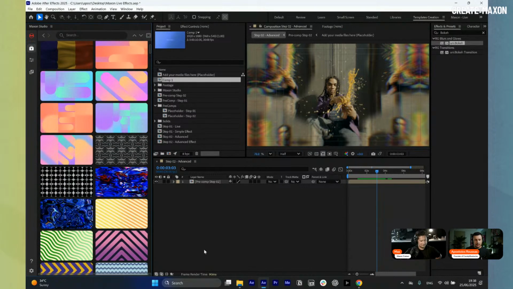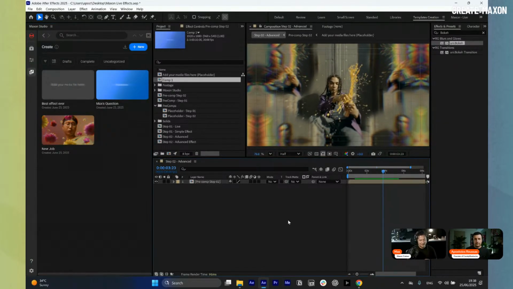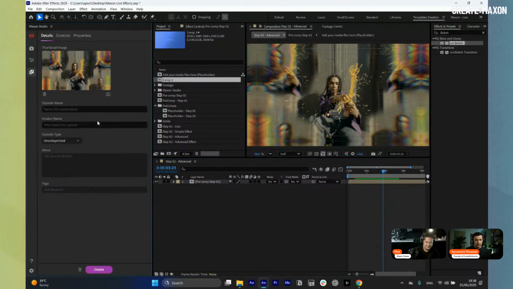And I suggest that it would be a mess not having a pre-comp, especially if you already have some layer stack in your compositions and then you apply a capsule. That would be a big mess. Let's go with the second best effect ever,